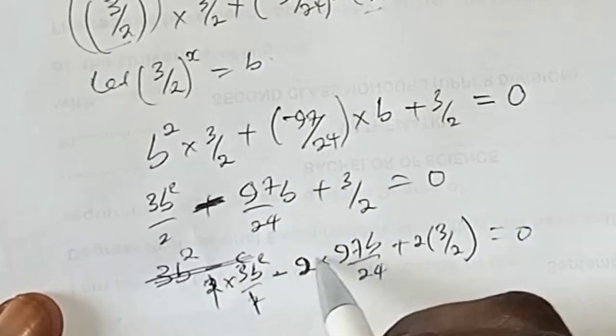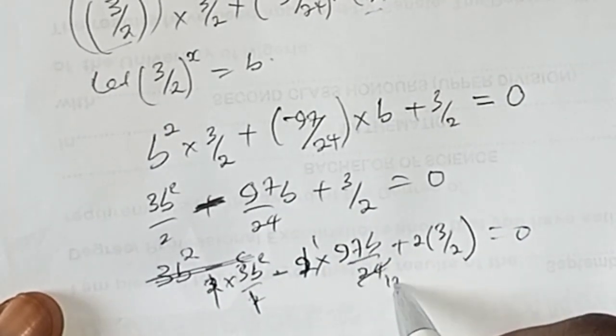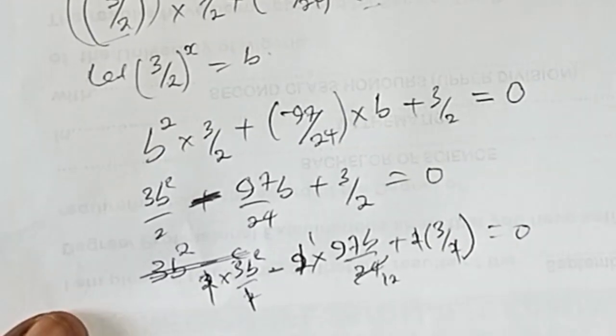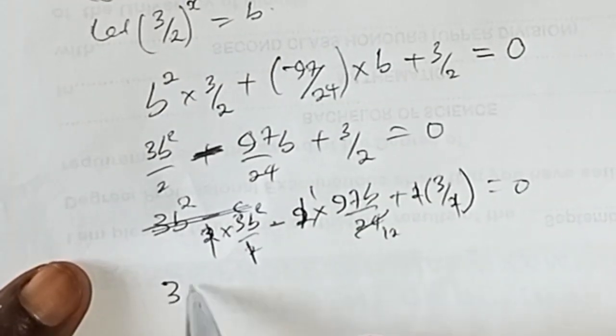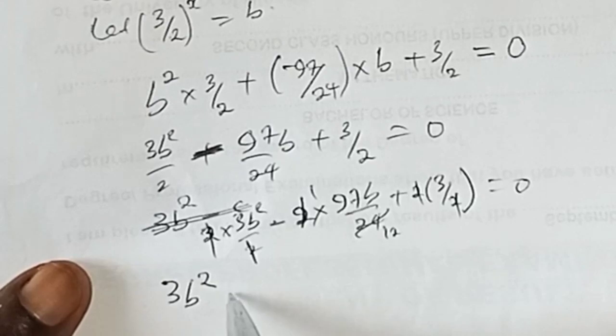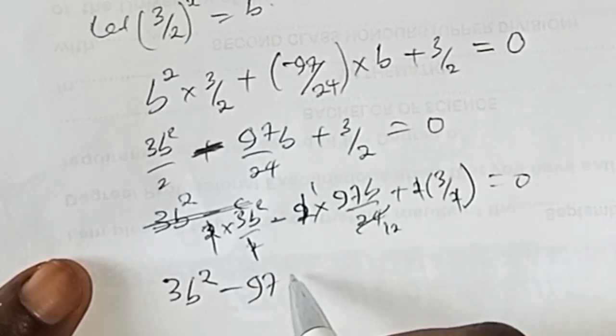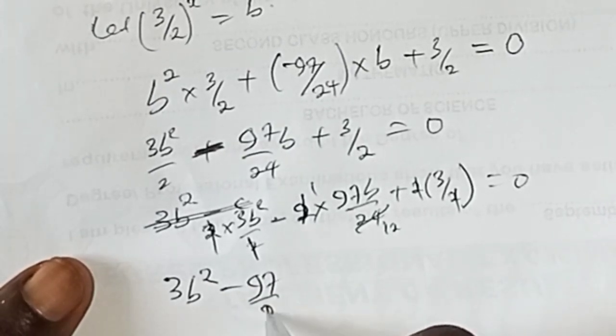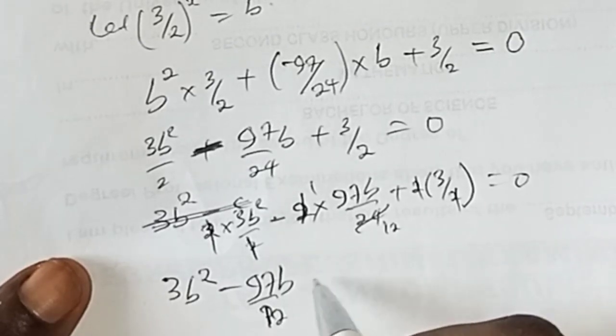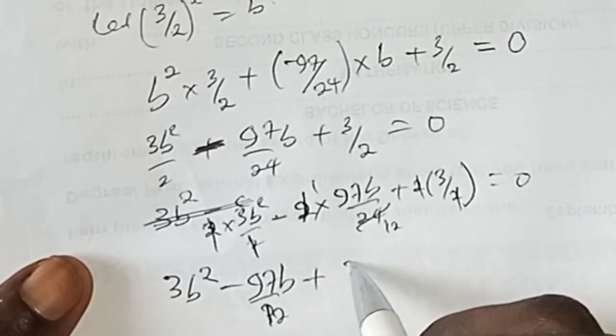So these two can cancel these two, the 2 here and 2 here, and then these two will also cancel. I'm now left with 3b squared minus 97b divided by 12, and then plus 3